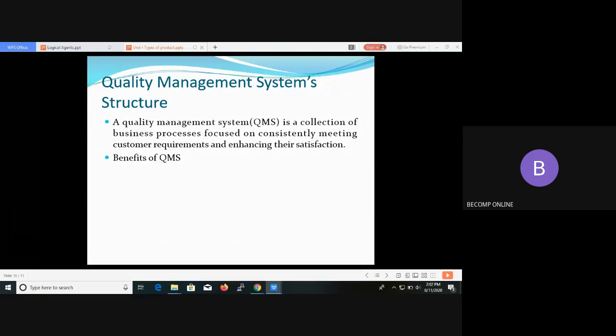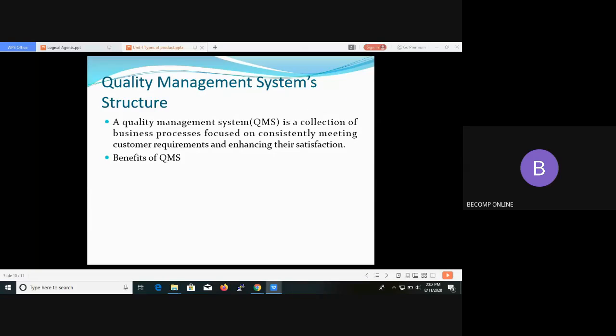Second, achieve greater consistency in the activities involved in providing the product or services. It reduces expensive mistakes. Then increase efficiency by improving the use of time and resources. Then improve customer satisfaction. Market your business more effectively, and exploit new market sectors and territories as required. Manage growth more effectively by making it easier to integrate new employees, and consistently improve your products, processes, and systems. So these are the benefits of the quality management system.